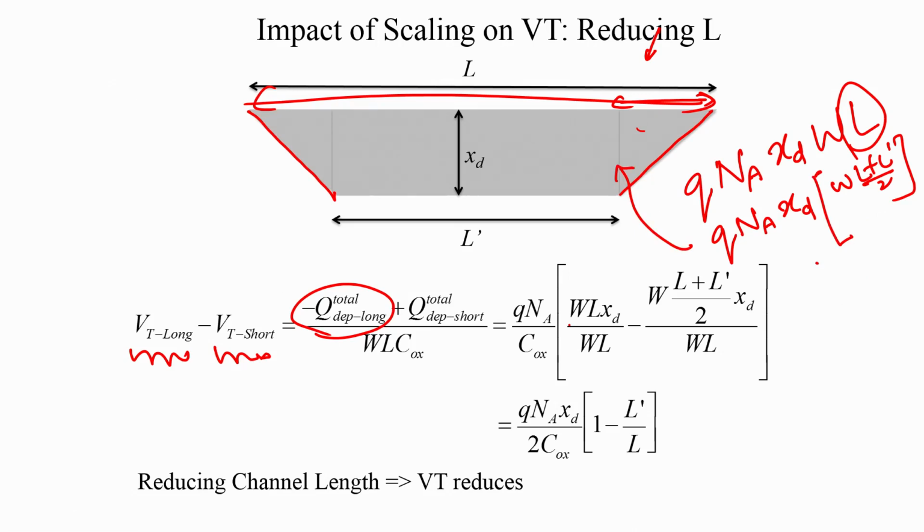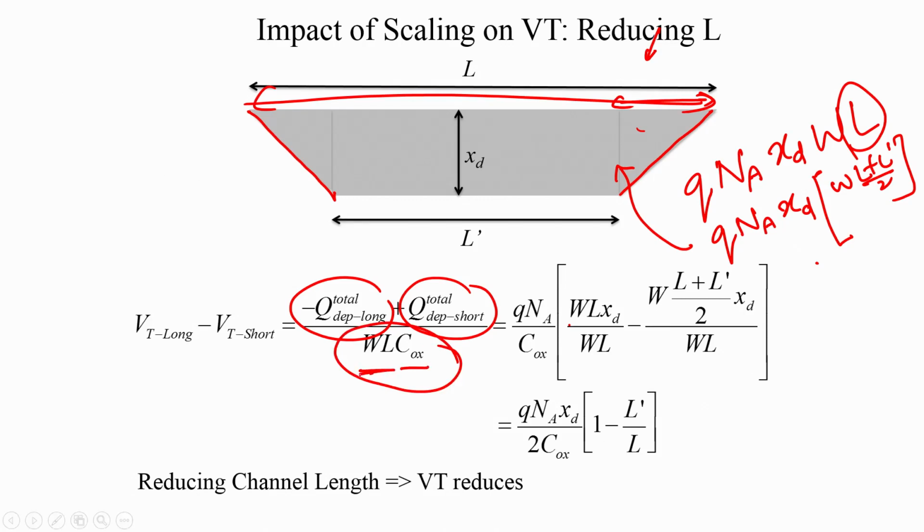So, (L plus L dash) by 2 is basically your total charge in the depletion region in a short channel device. So, what is the difference between the VT of a long channel device and a short channel device? It is a difference in this depletion charge minus this depletion charge divided by the total capacitance. So, it is capacitance per unit area into WL, okay, and this minus sign is present because of all the charges being negative. So, this total depletion charge is Q NA by Cox into WL XD divided by WL. So, that is this term,